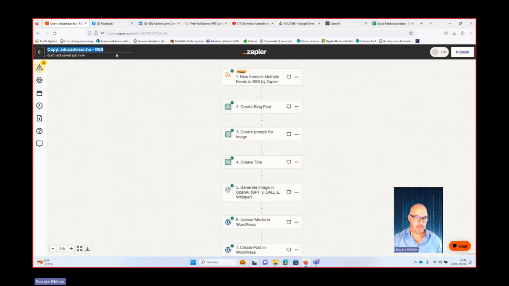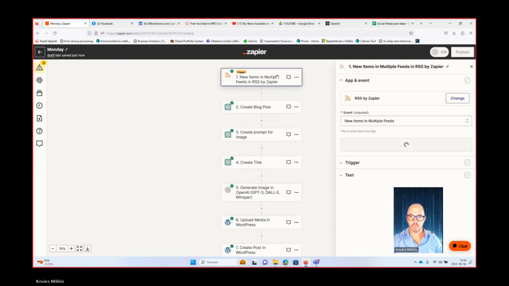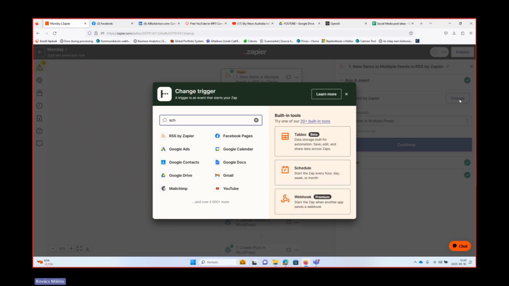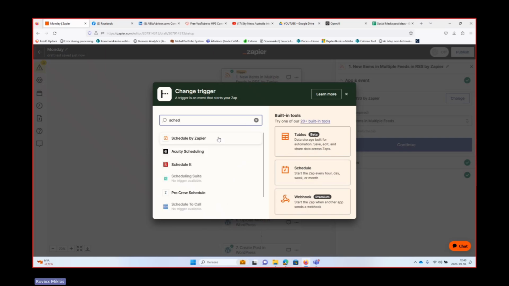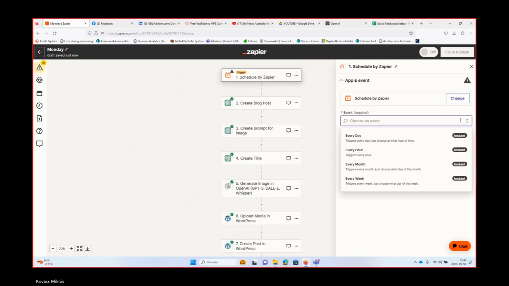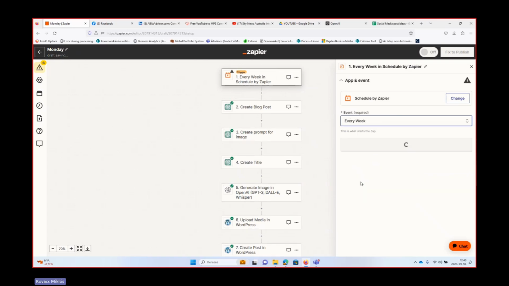And then let me name it Monday. How do you do that? The triggering action will be Schedule by Zapier. And by that, you can choose how you want to schedule your activities. Let's say every week.